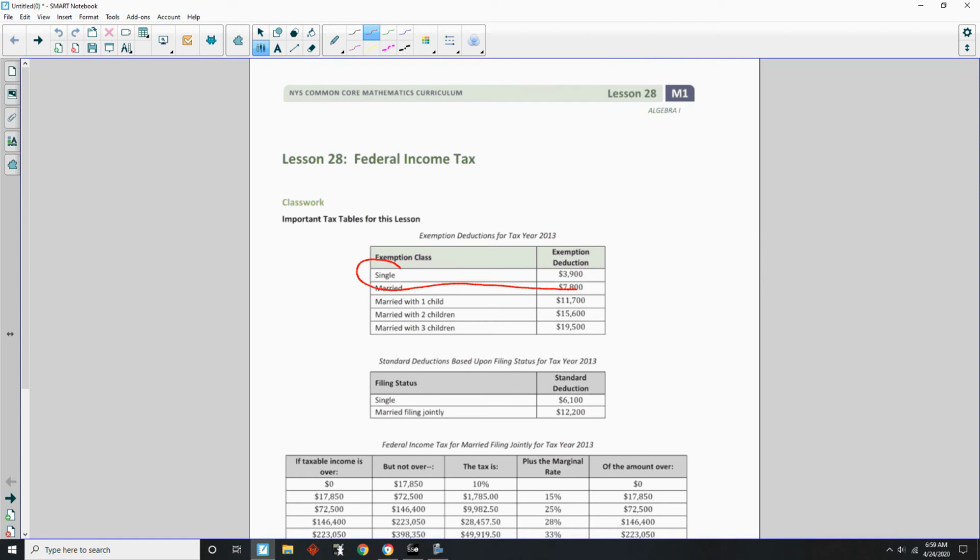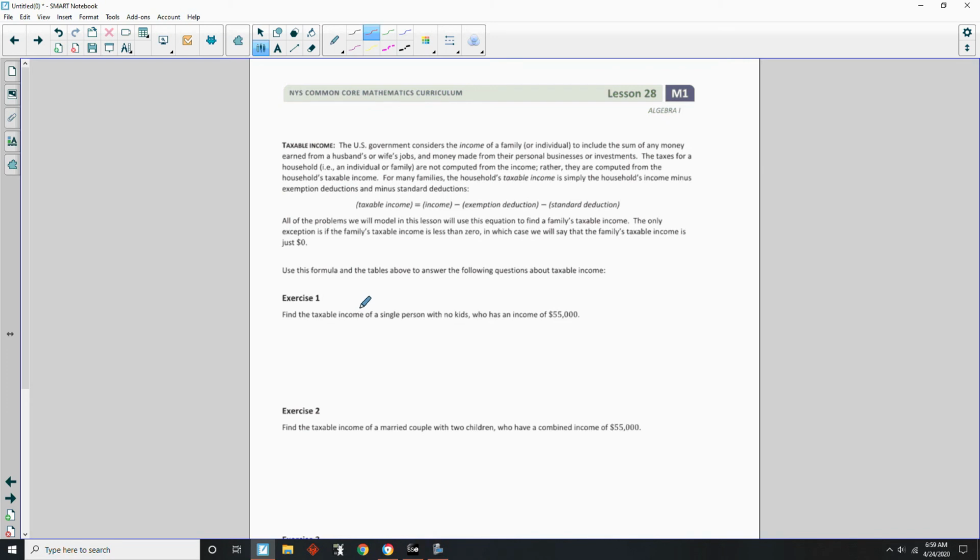Single, no kids. Filing status will be single. And their exemption class is single, and their filing status is single. Okay. Going back now. They have an income of $55,000. Okay, so their taxable income is going to equal income, which is $55,000,